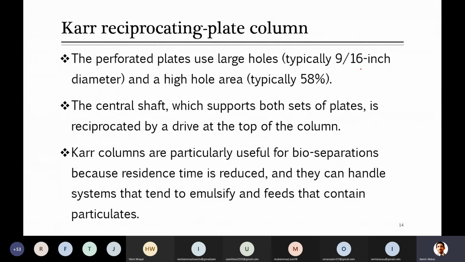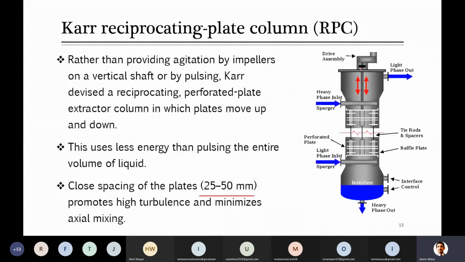If there are particles inside, and you are using any of the other equipment which we have just seen, for example, rotating with the help of blades, what will happen is that those blades will provide some kind of centrifugal force to those particles, and they will move towards the walls of the column. In bioseparation we have particulates, so instead of coming in contact with the liquid, those particles are just moved towards the sides